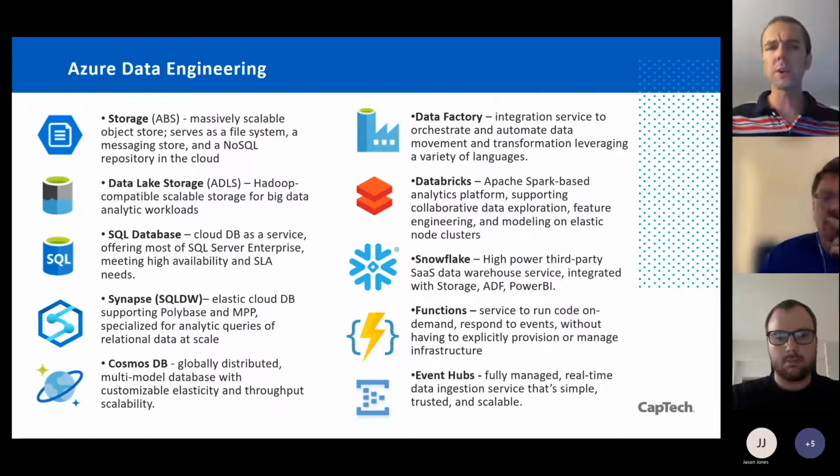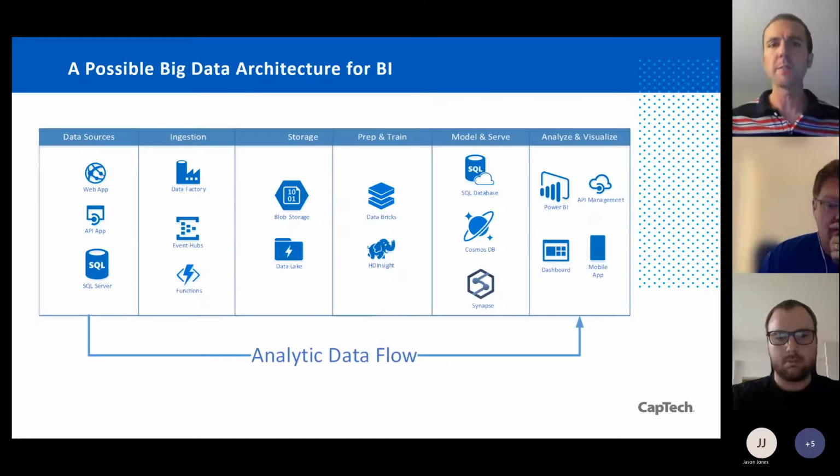These other components are key in a modern data landscape. So really what we're going to be talking about today is a traditional analytic flow for big data for the purposes of BI. While machine learning and data science and data services are really important, we're not going to really talk about that use case for Databricks today.